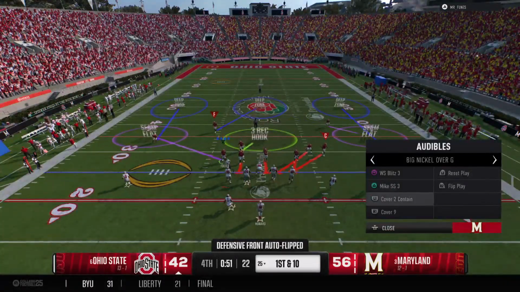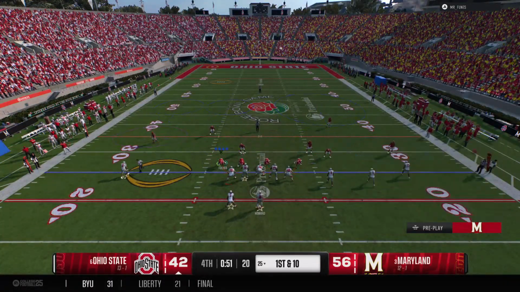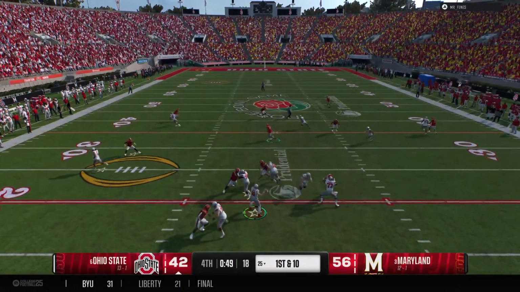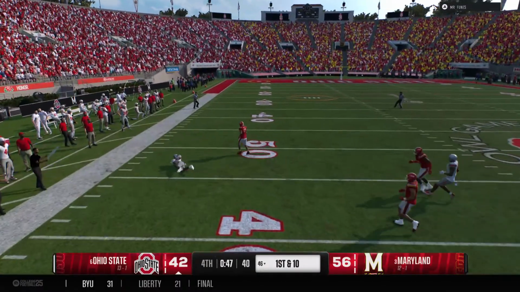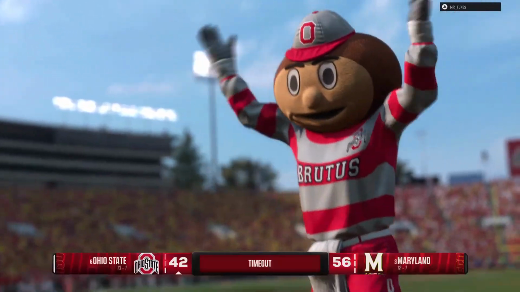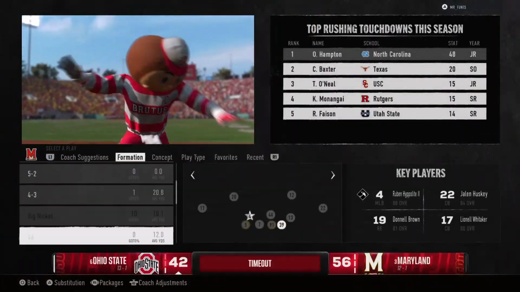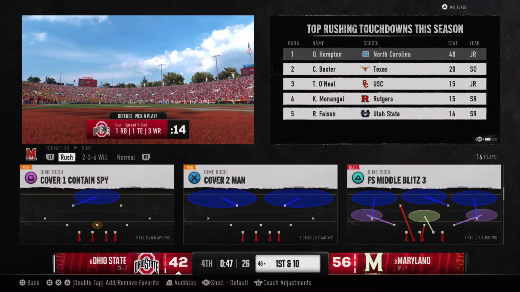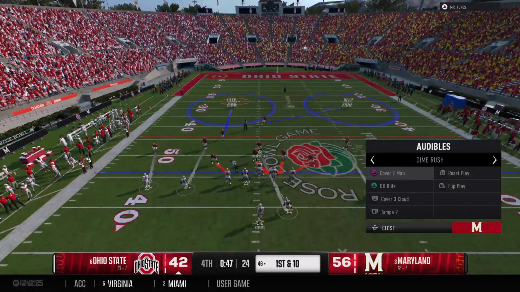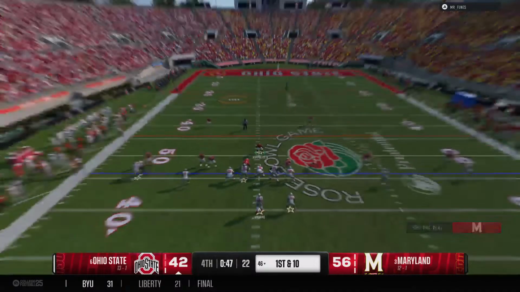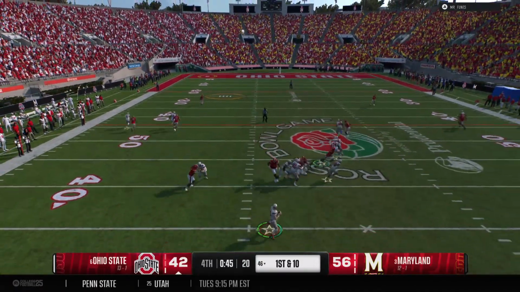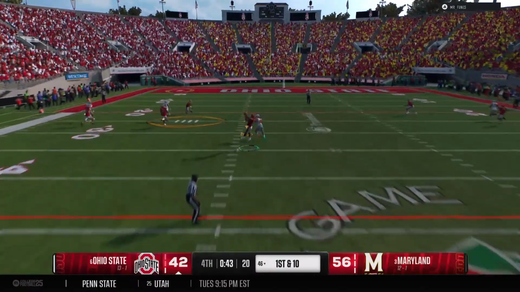Okay, here comes the Ohio State offense back on the field. To the air, it's Howard. Looking for the wideout. What a job to lay out and make the catch. And the offense will wisely spend a timeout after the play. Clock management's going to be very important here in the final minutes. With that completion right there, this quarterback now has gone over 300 yards in this game. What a day.